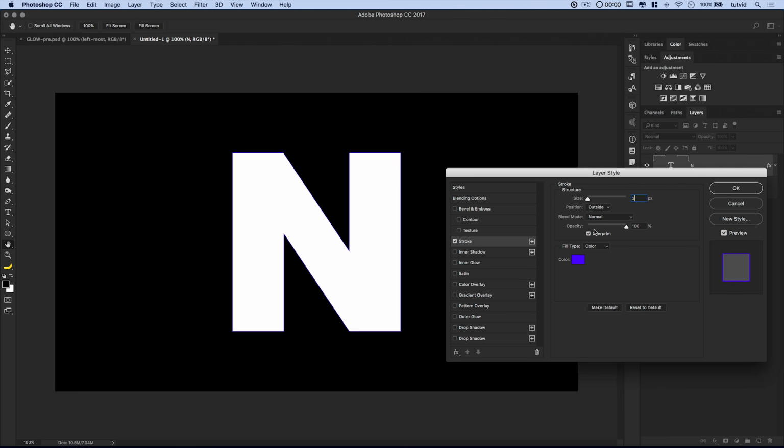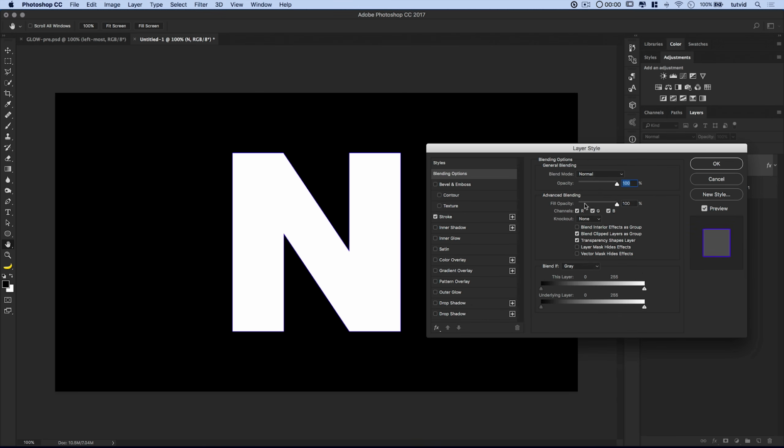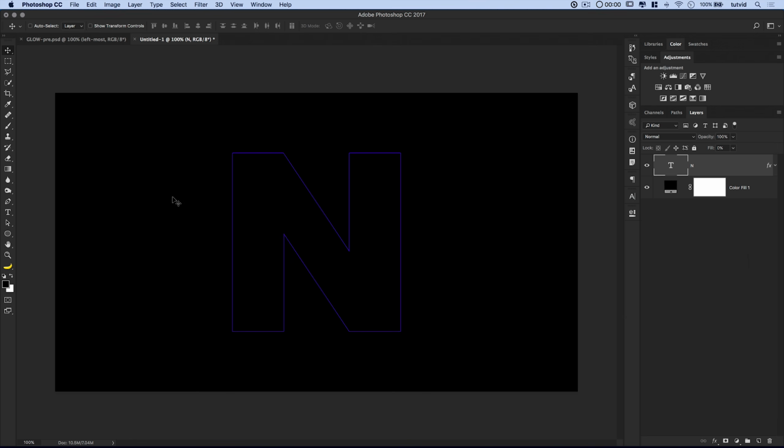I'm going to go with like 2, and everything else can just be what it is. None of that really matters. And then we'll come over here to Blending Options, right up here, and we'll just reduce the fill opacity of this layer to 0. What that's going to do is get rid of all of the white of the text and just reveal our stroke. You can see it's the same as just reducing the fill opacity out here in the